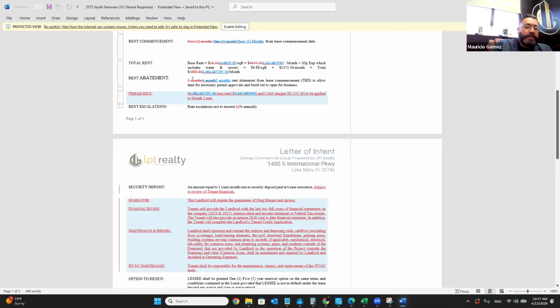But basically what the red line is, this is how you get the communication started. This is why an LOI is so crucial to be able to specifically get as close to what your client wants as possible. You would not be able to do such a good job with this if you didn't have this document to help you, right? So